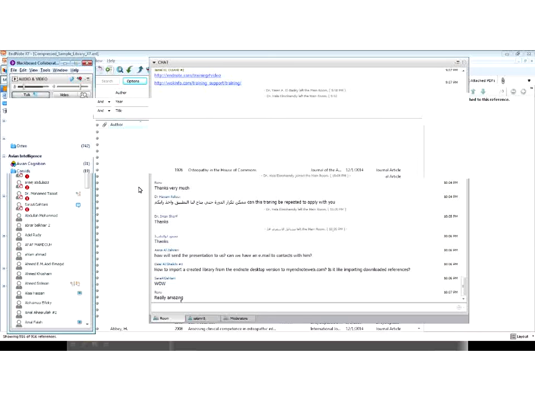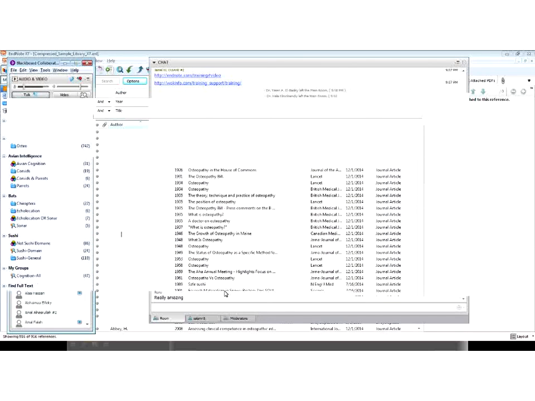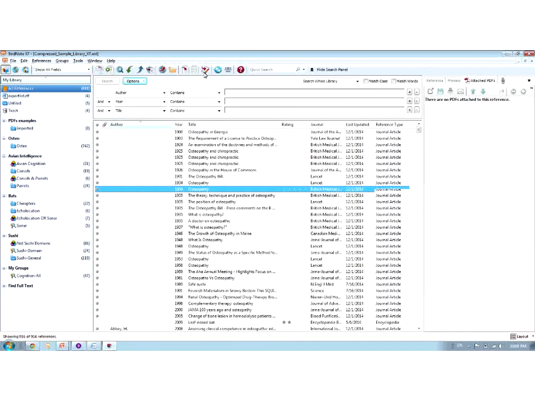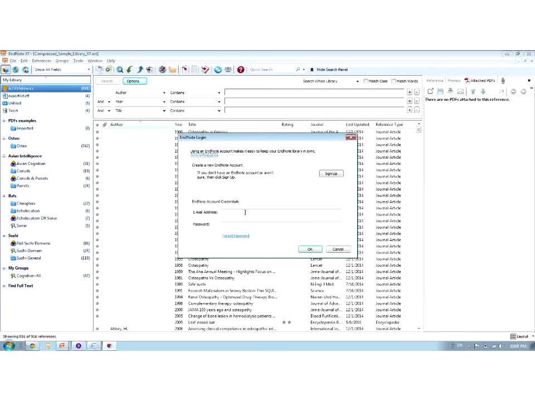How to import a created library from the EndNote desktop version to my EndNote? It's very easy. This is the EndNote desktop version. You have a refresh, like a sync library. You see here, this is the desktop version, which is not free. But if you have access to it, it's even more powerful. In here, you can sync libraries, so you can have the same content in EndNote Online and EndNote Desktop. So if I click,